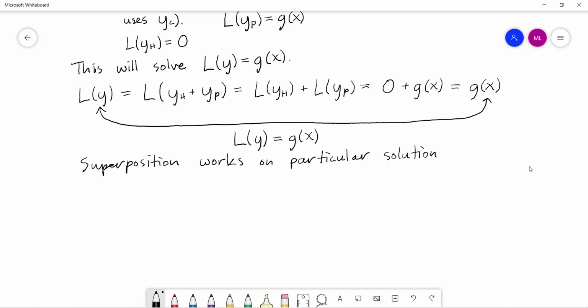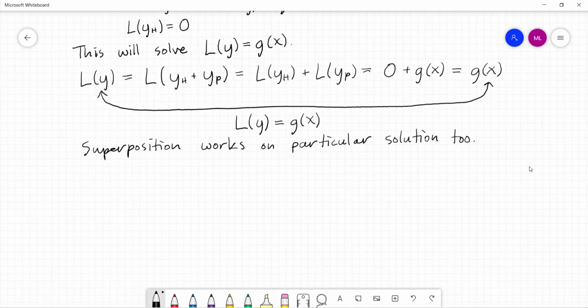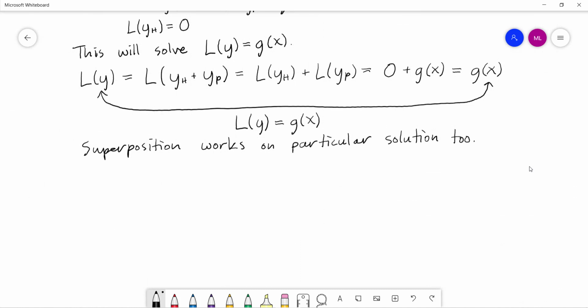So what do I mean by that? So particular solution 2, I should say. Basically what I'm suggesting is if we have an equation that looks like this. So we've got our big left-hand side, our big nth order linear differential equation, and it's equal to,